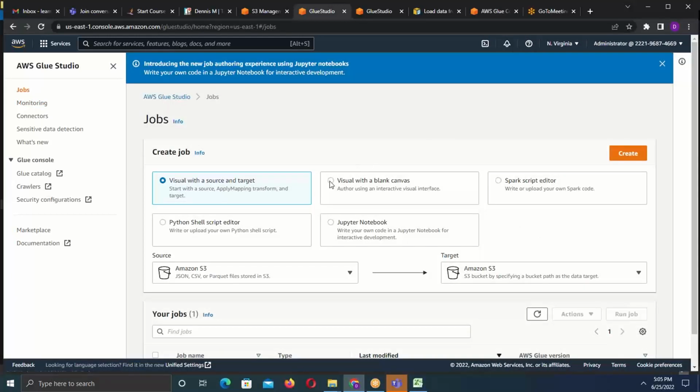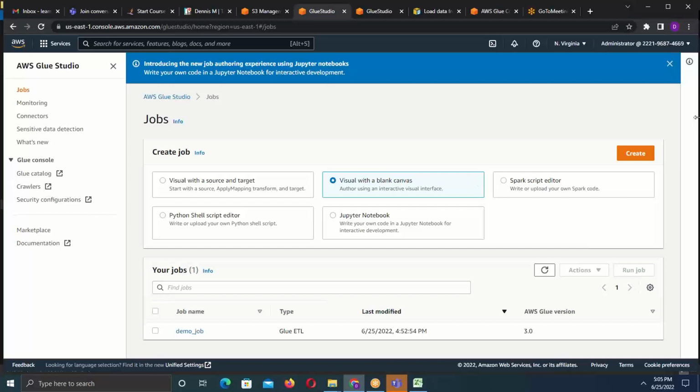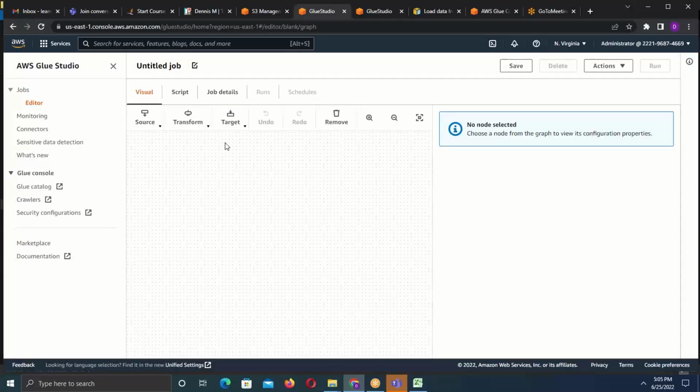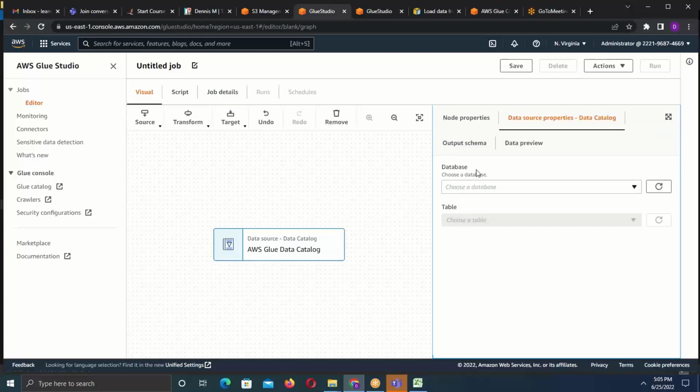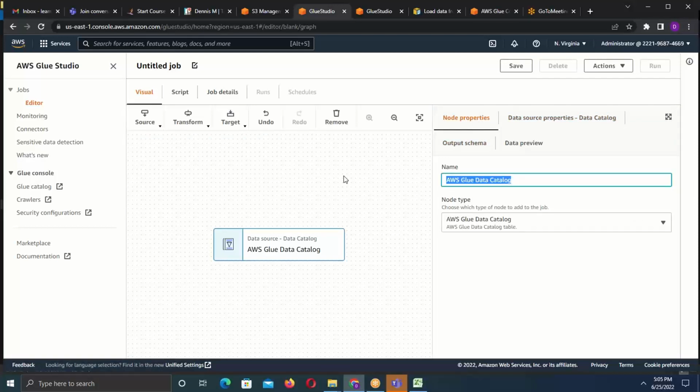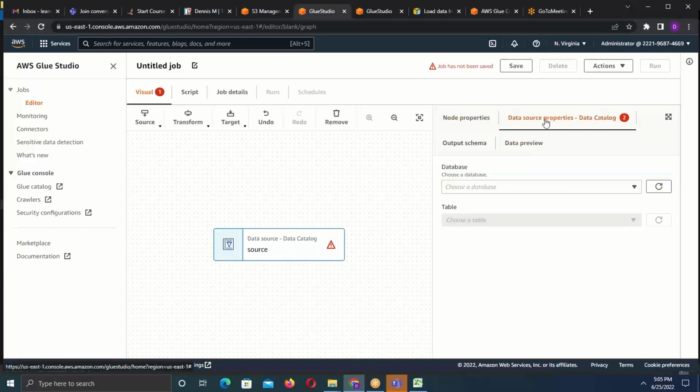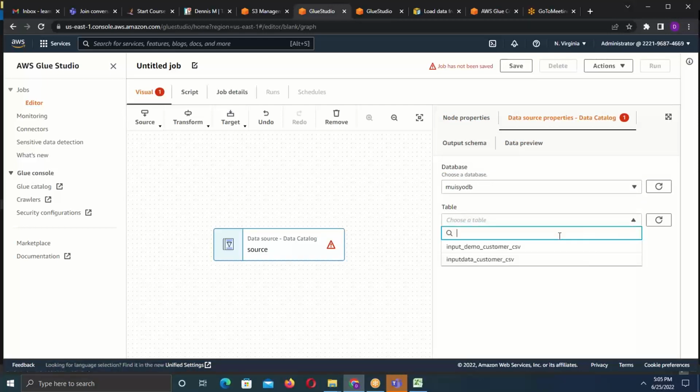For this one, we select Visual with blank canvas. Great. So for this one, we don't have the nodes here. So you have to define the source, the transformation that we want, and also the targets. So for instance, let's say this is going to be our data catalog node. Define, give it the properties, call it source, data catalog, and select the database name. I'm just going to select the same